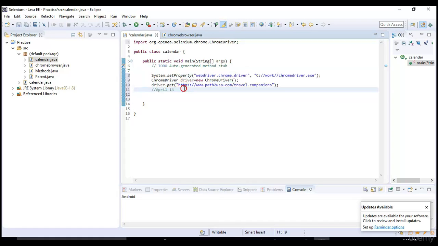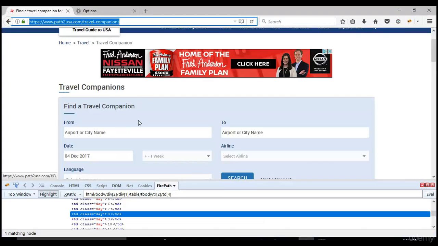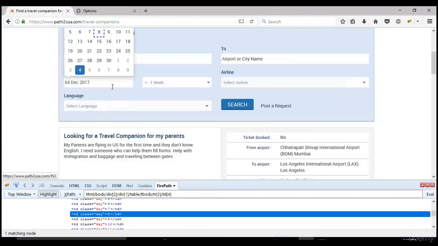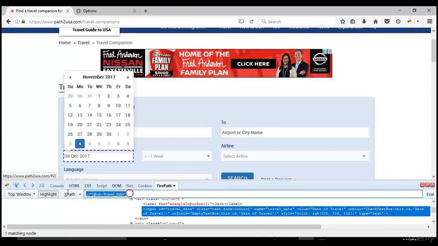Let's develop step by step. Firstly, let's target selecting the date. Thereafter we will come into the month. In real time also, if someone gives us a task, we need to break it down into multiple chunks. Don't try to achieve everything in a single shot. First we will pick out the date, and see how we can click on the specific date which is provided as an input. Let me go back to my browser, and first you need to click on this to open this pop-up.